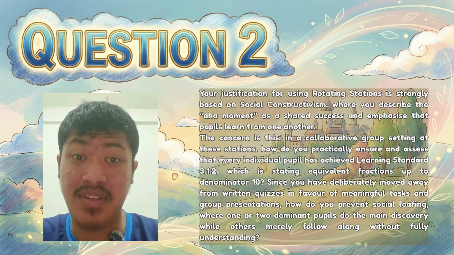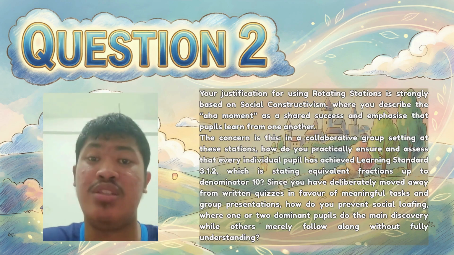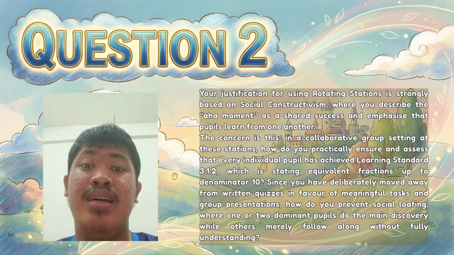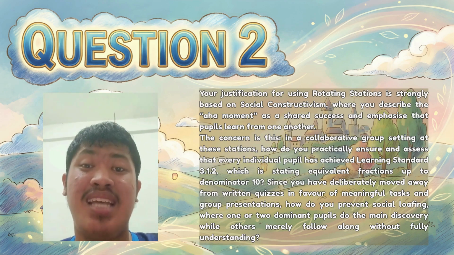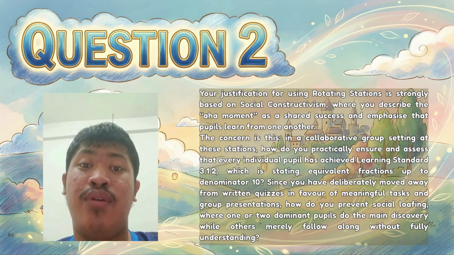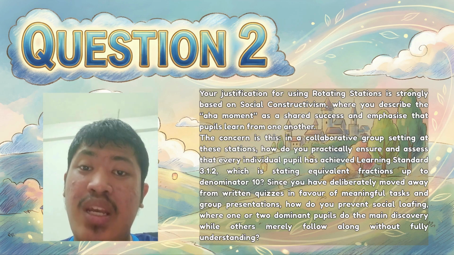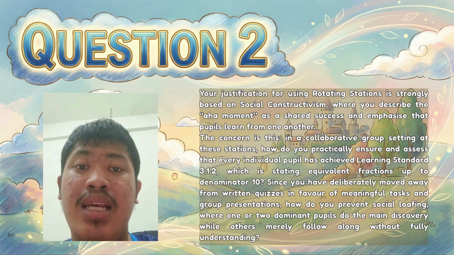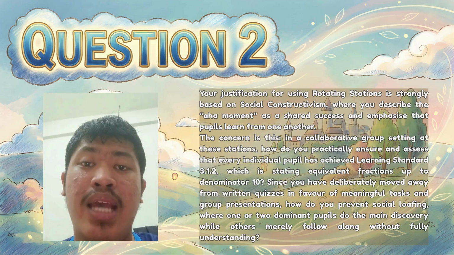Your justification for using rotating stations is strongly based on social constructivism, where you describe the aha moment as a shared success and emphasize that pupils learn from one another. The concern is, in a collaborative group setting at this station, how do you practically ensure and assess that every individual pupil has achieved